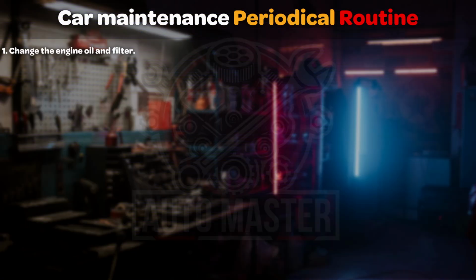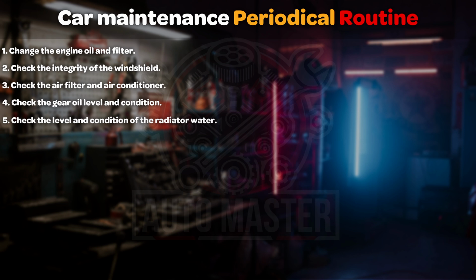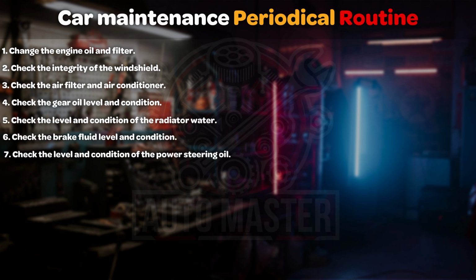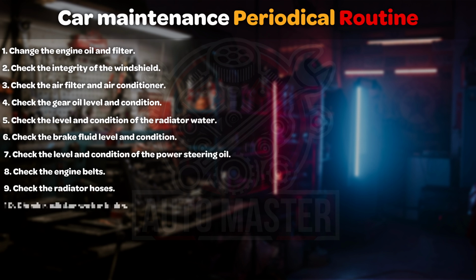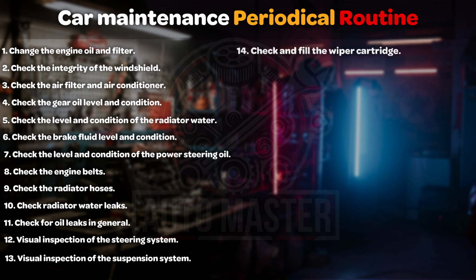This is a 25-point checklist: changing the engine oil and filter, ensuring the integrity of the windshield, checking the air filter and air conditioner filter, checking the gearbox oil level and condition, checking the radiator fluid level and condition, checking the brake fluid level and condition, checking the power steering fluid level and condition, checking the condition of the engine belts, checking the radiator hoses for leaks, checking for oil leaks in general, visually inspecting the steering system or steering wheel, visually inspecting the suspension system,